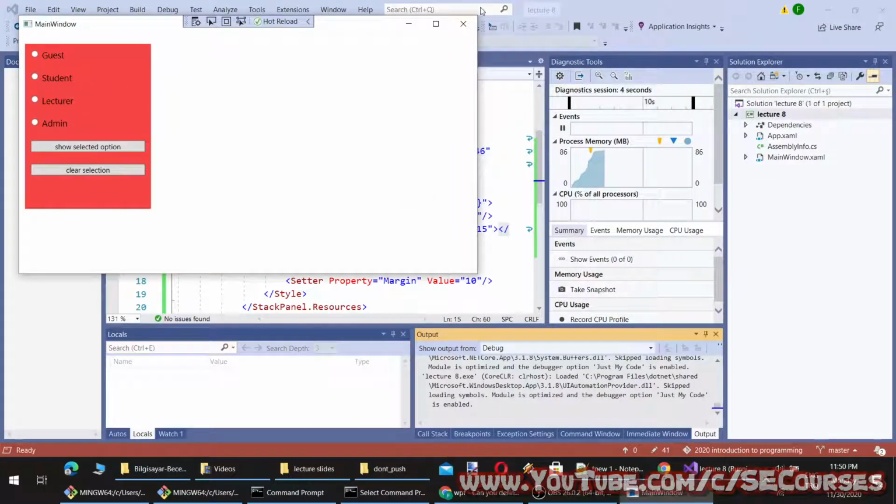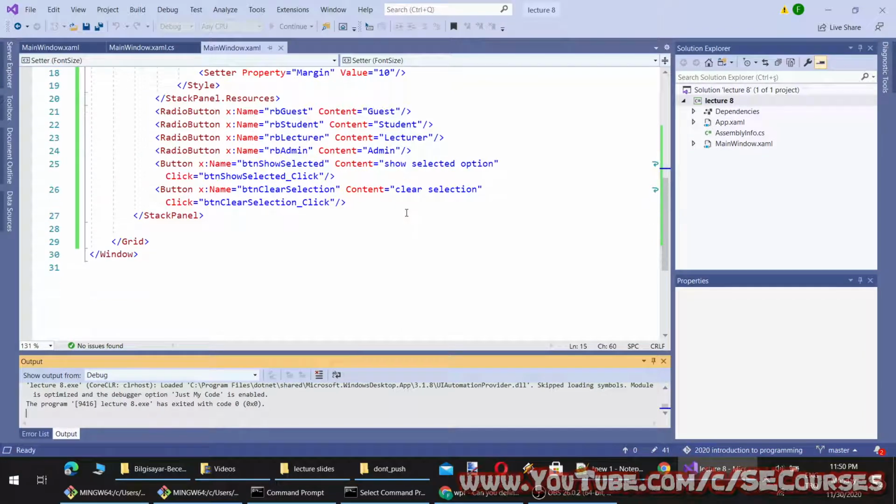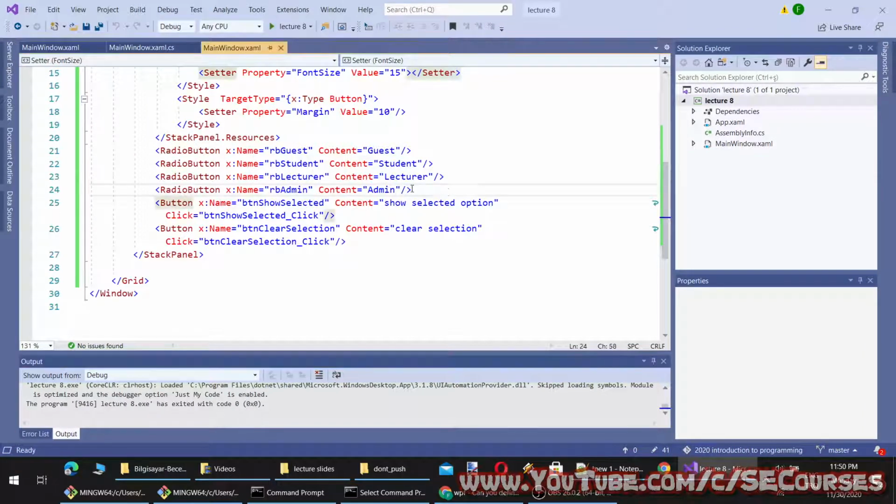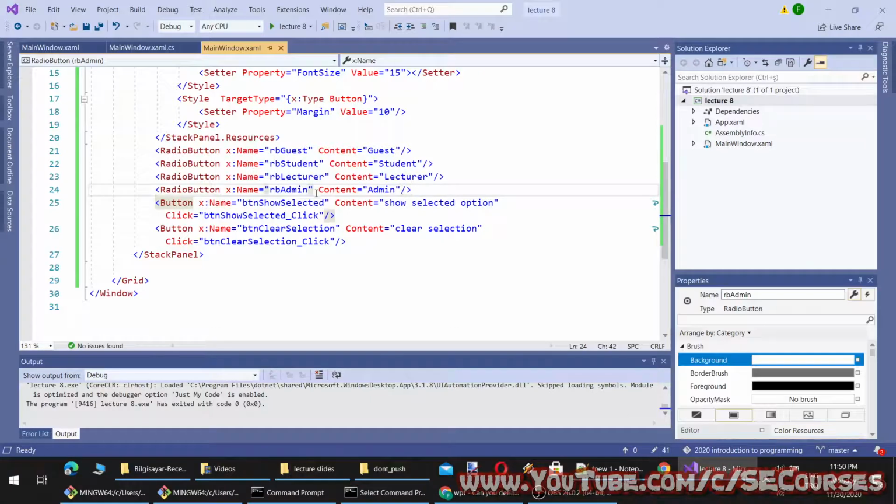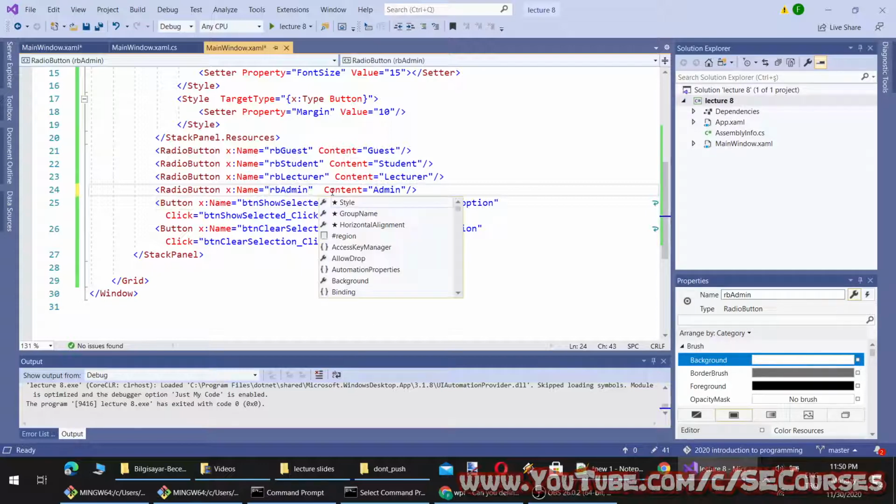Okay, as you can see now they are bigger. However, I could also set it like this from here. When I click here, okay, my computer is a bit slow right now. Okay, font size equal to 20. I could also set each one of these properties like this.